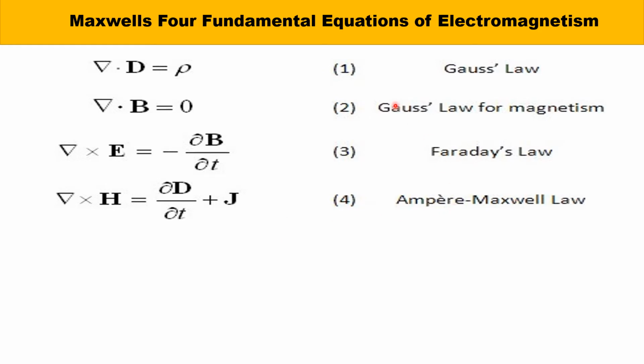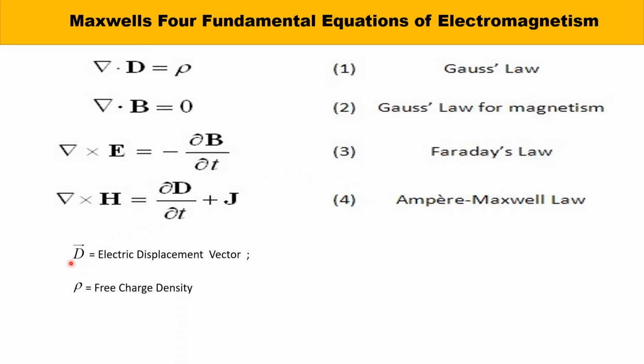In this lecture I will talk only about the derivation of three equations: the Gauss law of electrostatics, the Gauss law for magnetism, and Faraday's law. And in my next topic I will derive the Ampere-Maxwell law, that is the fourth law of Maxwell, modified by Ampere. And what are the parameters?